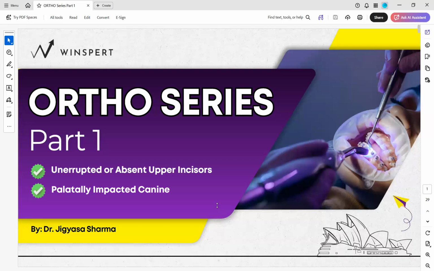So, coming back to what we are doing today: unerupted and absent upper incisors, which include both centrals and laterals. Then the second part of today's lecture would be missing canines as well. I will be giving you all the most important common reasons, so that in the exam when you're given multiple confusing options, you know how to sequence them. Most importantly, you will learn the different reasons, etiologies, diagnosis, and the sequencing of the same as well, so that in the exam if one option is missing, you know how to choose the next best option, things like that.